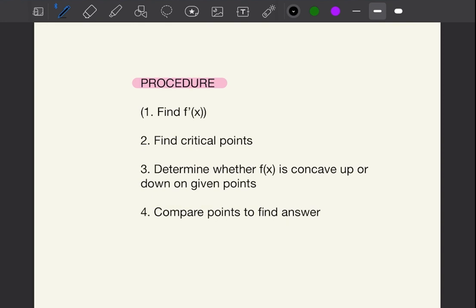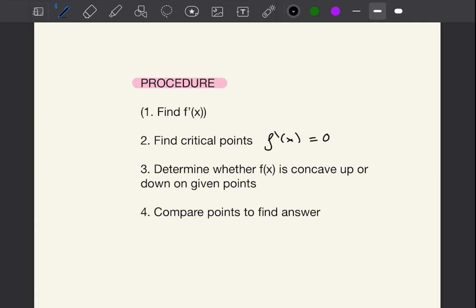But in this approach, you first have to find the derivative of f of x, and I put this step in brackets because actually the first step is finding your critical points, but in order to find your critical points, you have to find the derivative. But just in case, I put it there so you don't forget to use the derivative for your critical points. So you get your derivative, you find your critical points, so when your derivative is equal to 0,